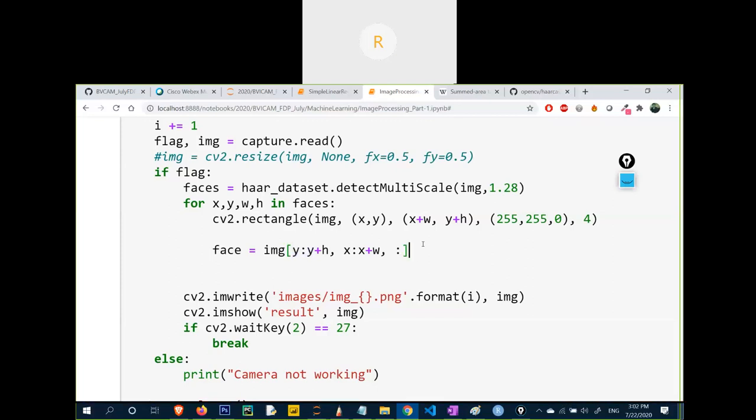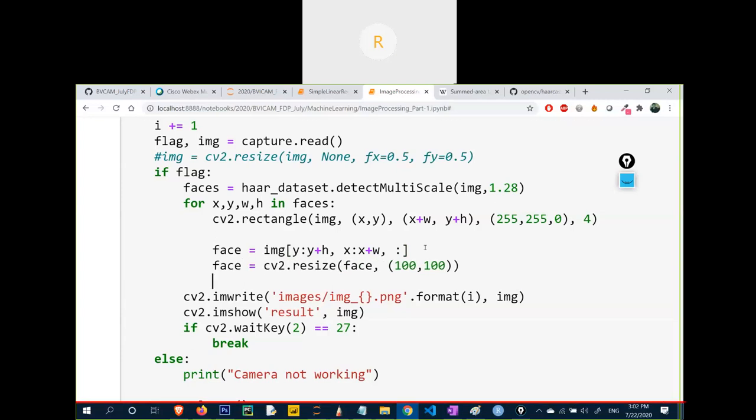So I am slicing the original array, only the part where x and y are available till their height and width, and the last one is for the color channel. So you get the face. Now remember one thing: each and every face will be of a different size, so use cv2.resize to resize your face, let's say I'm resizing my face to 100 by 100.